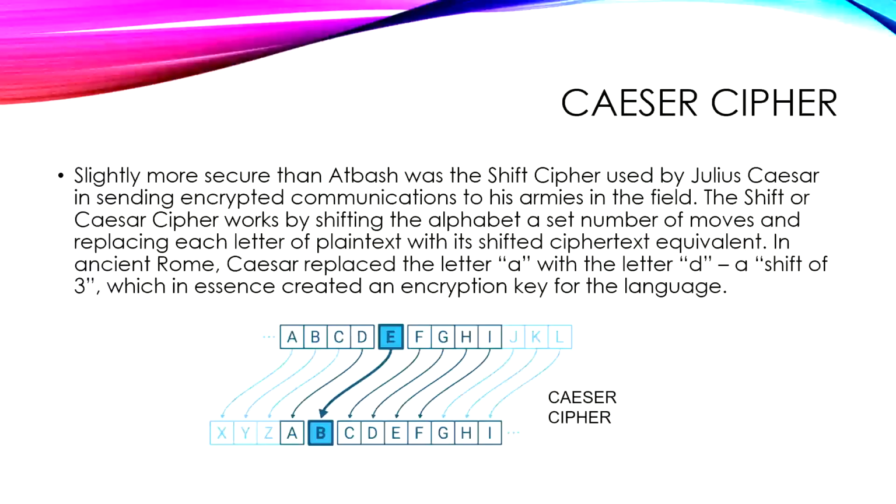The next is the Caesar cipher. It is one of the most popular ciphers in history. Caesar cipher was actually used by the Roman Emperor Julius Caesar for sending secret messages to his army in the battlefield. Caesar cipher is a bit more secure than the Atbash cipher. In the Caesar cipher, the ciphertext is a shifted version of the standard alphabet. In the original Caesar cipher, the alphabets were shifted by 3, so A would correspond to D.